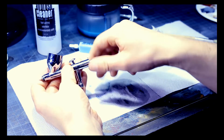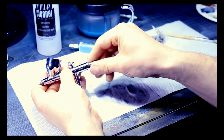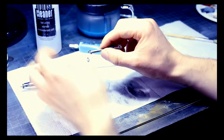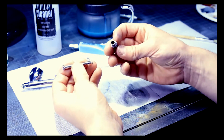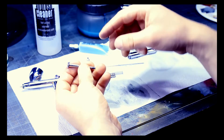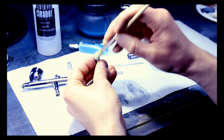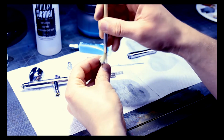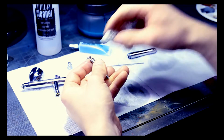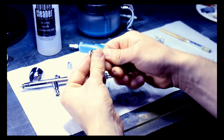So we've taken out the inner mechanisms of the brush. They're all fairly resilient. You don't have to be overly careful with them. I would recommend not doing this over a sink without a plug in it. I wouldn't do it over a sink anyway. I think it's unhelpful. You're better off doing it at your desk, but some of those small pieces can slip down a plug hole, and you would be surprised at the amount of customers we've had ringing up getting a replacement chuck or spring or nozzle cap because it's gone down and it's been lost in a U-bend, never to return. So just giving everything a little bit of a clean now,